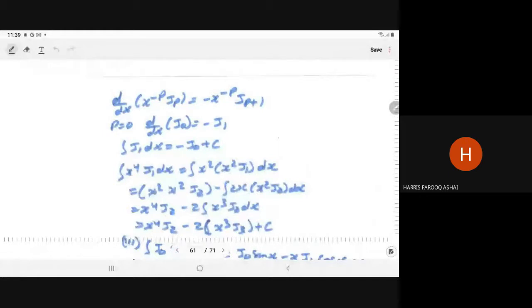So in this, the integral x to the power 4 j1 dx can be written as integral x square j1 dx. So this is the first function, this is the second function. So the integral will be the first function as it is, integral of the second function x square j2, minus the integral of the derivative of the first function, integral of the second function, with respect to x, right? So it will give you x to the power 4 j2 minus 2x cube j2 dx, and in this case